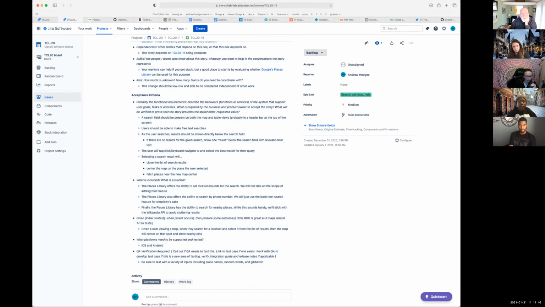I think some of the difficulty of this one, the API is probably fairly straightforward. The UI is probably what's going to be more interesting. We need to put some kind of search field at the top. As you're searching, you probably want to show options that the user can click on to say, yeah, that is the thing I was thinking of.